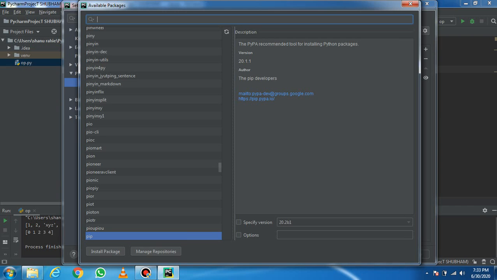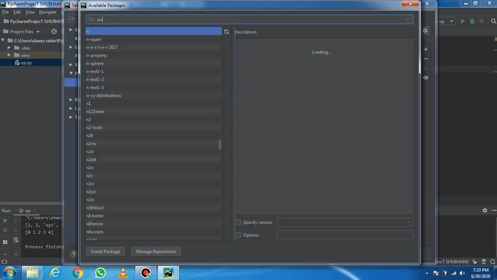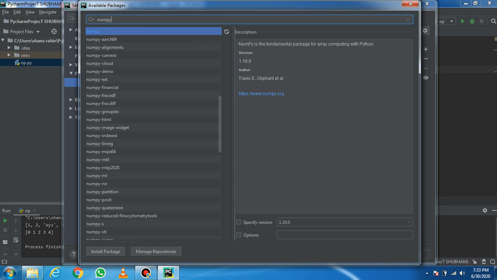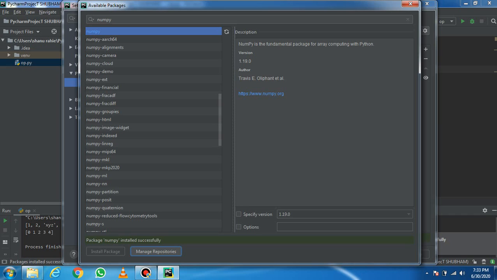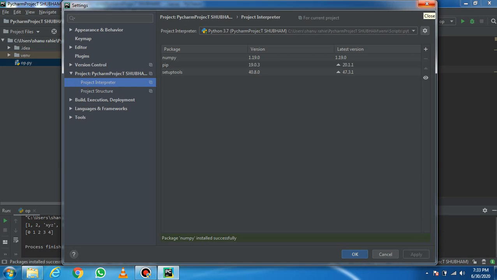In this search column you just have to write NumPy, click on NumPy, and here you will see Install Package. You just have to click on Install Package. It will get installed. For example, this is installing right now. Now you can see that package NumPy installed successfully. It will also be installed successfully on your PCs. So you just have to close this.